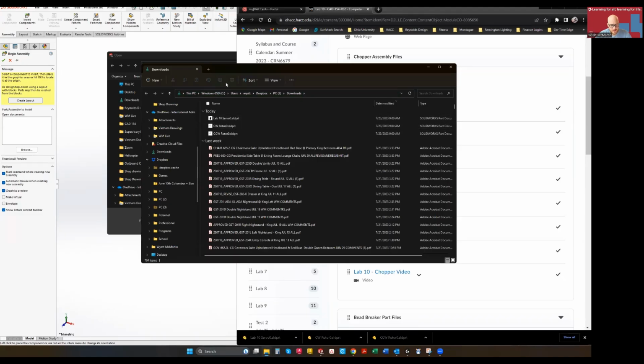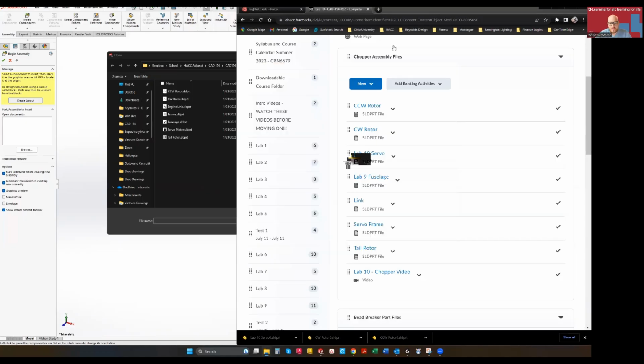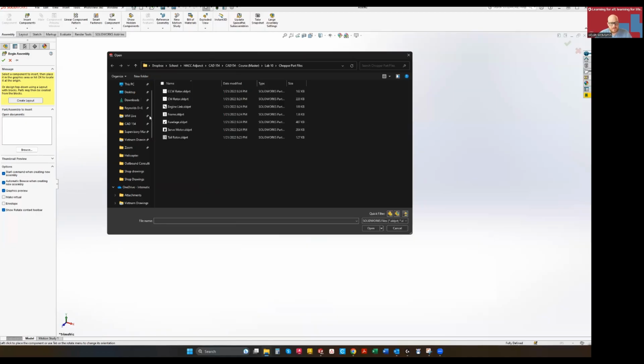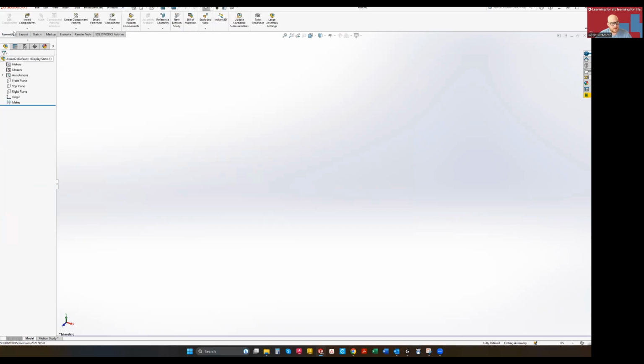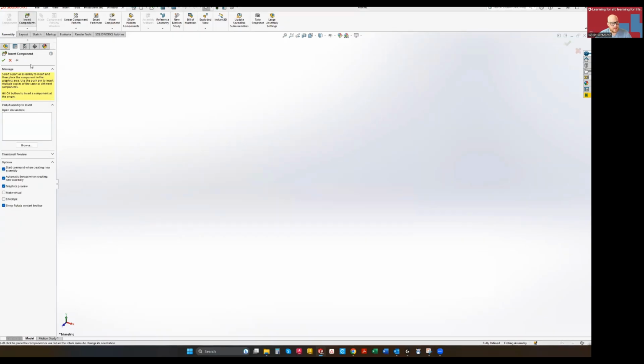So you'll have all of the parts downloaded, and then you can take these and move them somewhere a little bit more secure than your downloads folder. Once you have them all downloaded, you're going to have a list just like this. Then you can come into the software under the assembly tab. Just click X here. If you've already clicked out of that, you can go back to get it back. You can go to the assembly tab up here in the top left, insert components,